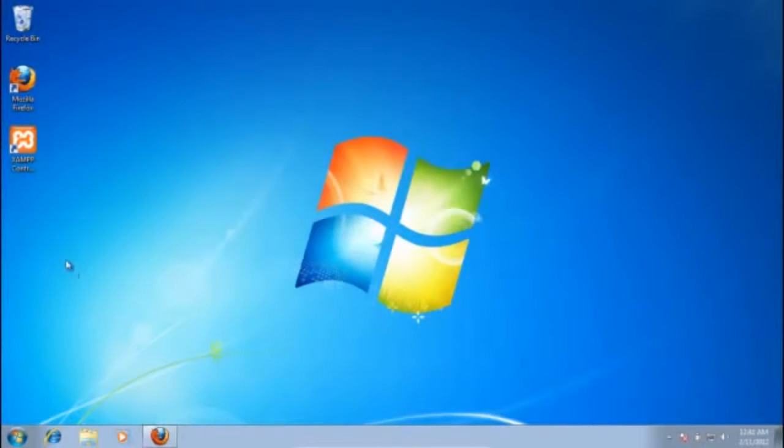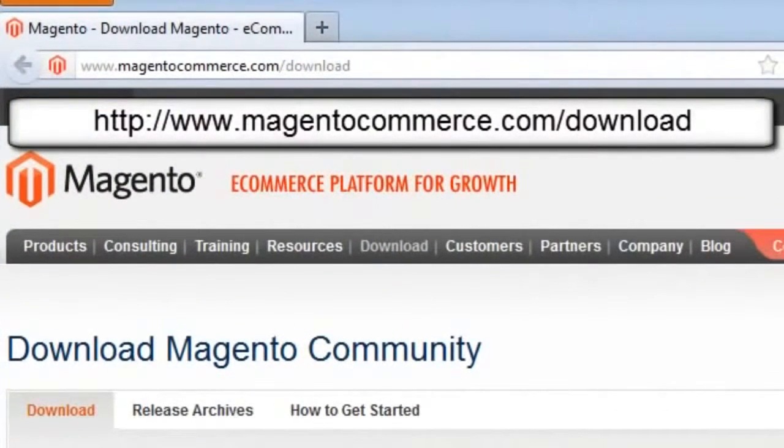If you have not, you need to go ahead and possibly check out one of my tutorials on how to set that up. Anyways, like I said, in this tutorial I'll be using XAMPP. You can use WAMP or Apache and do the manual configuration, but either way, the first thing we need to do is download the latest version of Magento, and we do that by going to